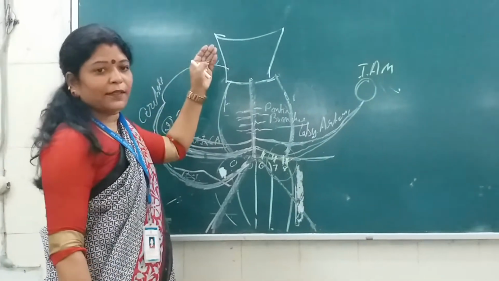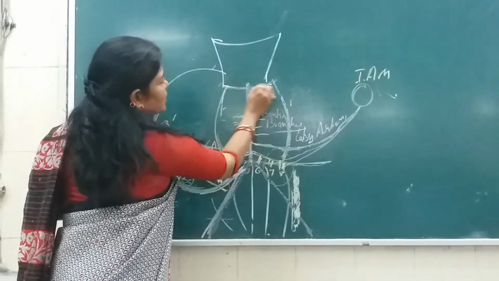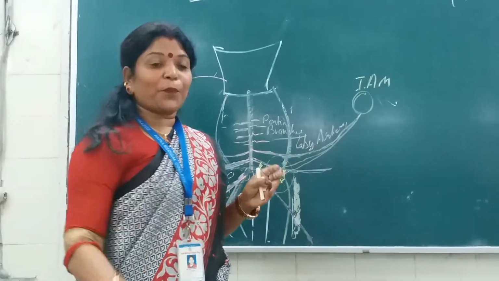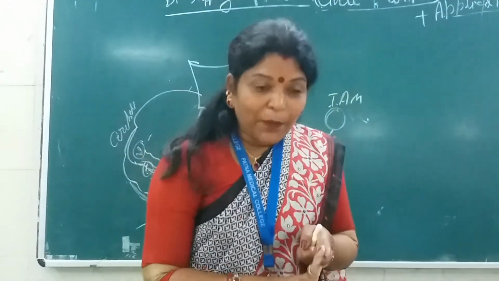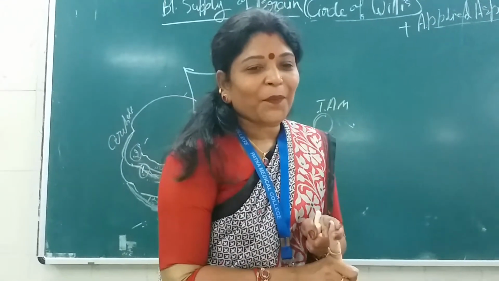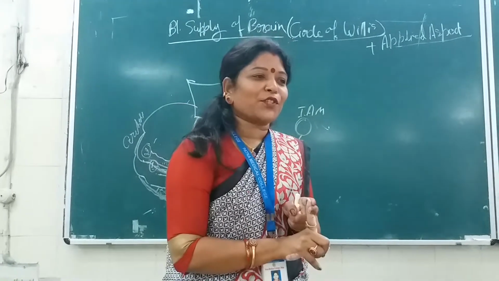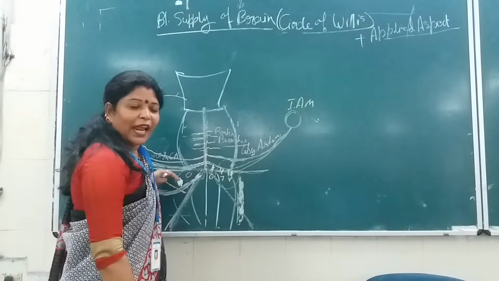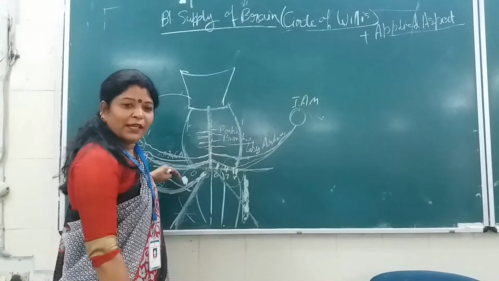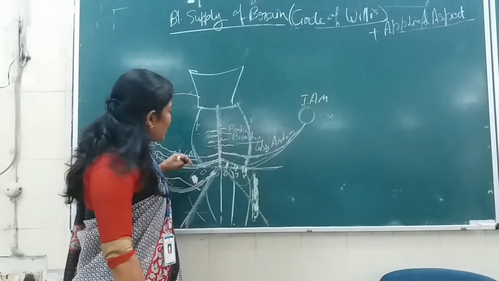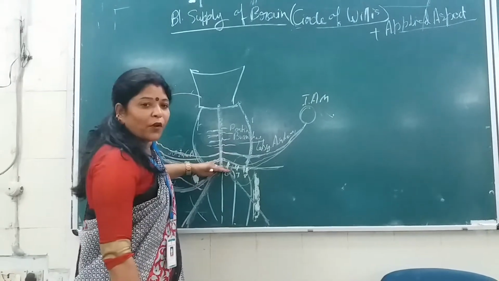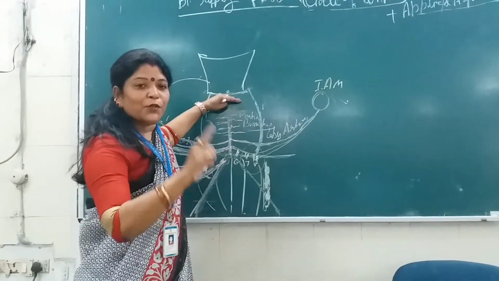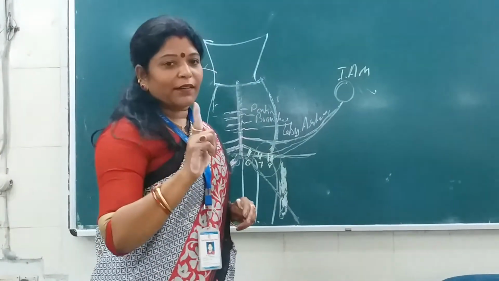Then move upwards towards the superior border of the pons. Which branch? Mind it. Superior cerebellar or superior cerebral? Don't get confused with the nomenclature, because you have described the inferior, anterior and posterior arteries related with the cerebellum. Now on the lower border of the pons, we are moving towards the upper border of the pons. Now go for the superior cerebellar artery, isn't it?